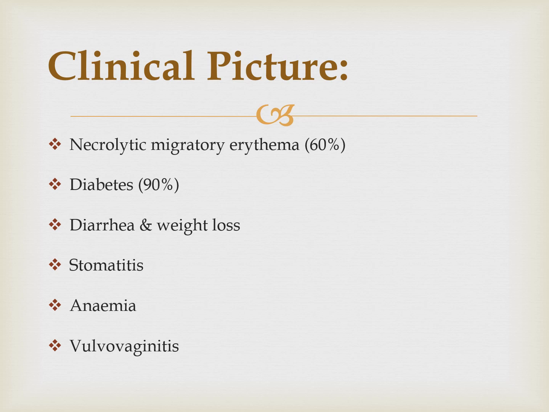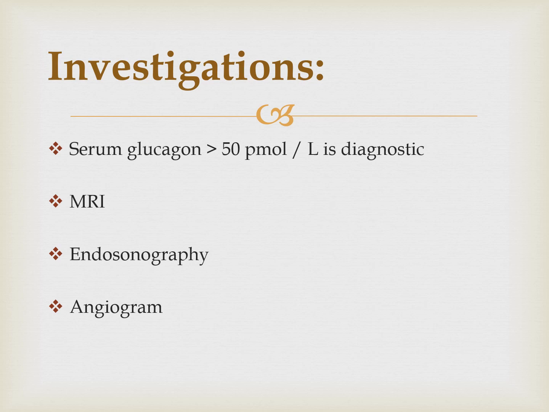Its clinical picture is characterized by the necrolytic migratory erythema, about 60% of the cases. 90% of the cases have diabetes. There is also diarrhea, weight loss, stomatitis, anemia, vulvovaginitis. For the lab investigations, if the serum glucagon is more than 50 picomole per liter, it is diagnostic. For site location, we use the endoluminal ultrasound, MRI, and